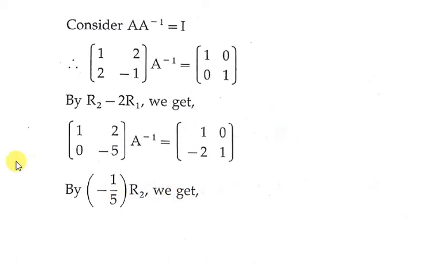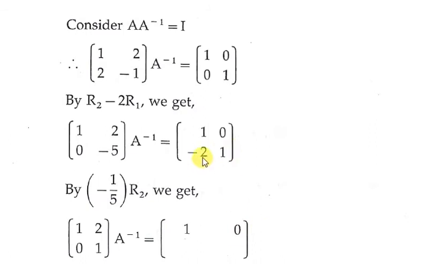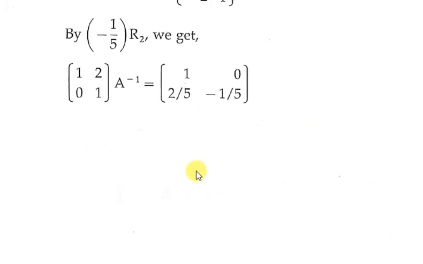Now the changes will happen in the second row, so the first row is going to remain the same. See here, 0 multiplied by minus 1 by 5, result is 0, and minus 5 multiplied by minus 1 by 5, result is 1. Now on the opposite side, first row as it is, and in the second row minus 2 into minus 1 by 5, result is 2 by 5, and 1 into minus 1 by 5, result is minus 1 by 5. Now this 1 value at A22 is done.